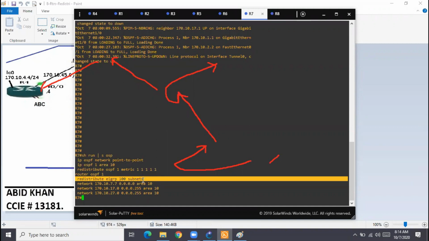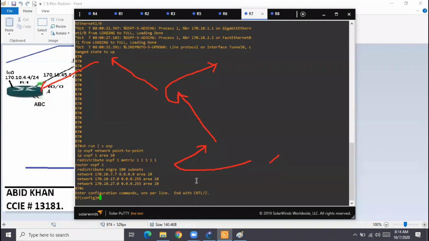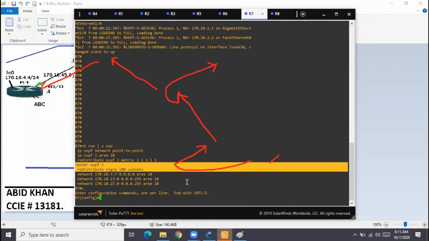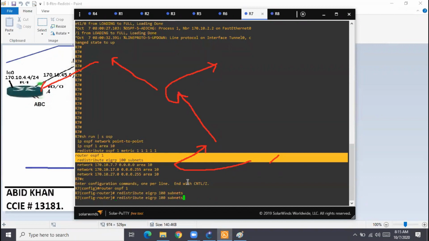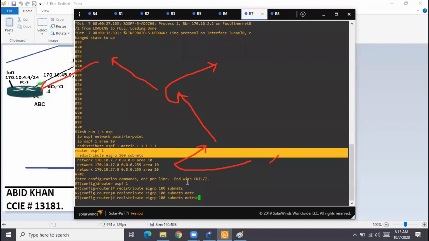That's the configuration, correct? As I said, I did not specify the metric. Default is 20, but now let's say I don't like 20. Let's say I want the metric to be 100.